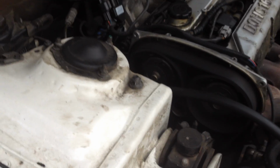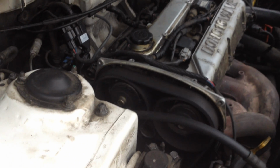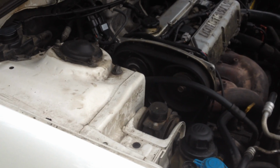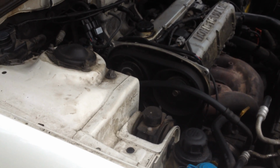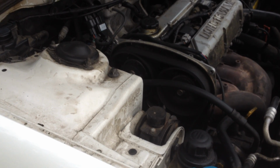Little confused on what's going on. It does not start every time, so if we turned this off and then try to restart it, it would not run right away. We would have to almost like crank it a few times, and I'll show that in a minute. Right now it's just started from a cold cranking,